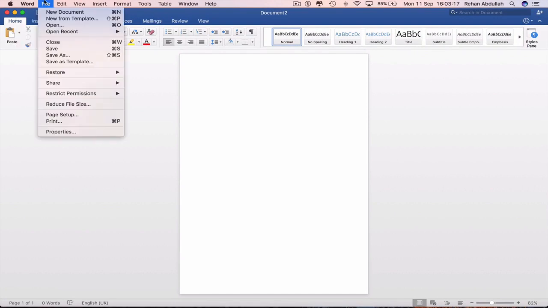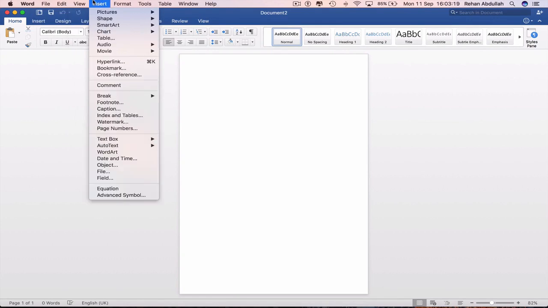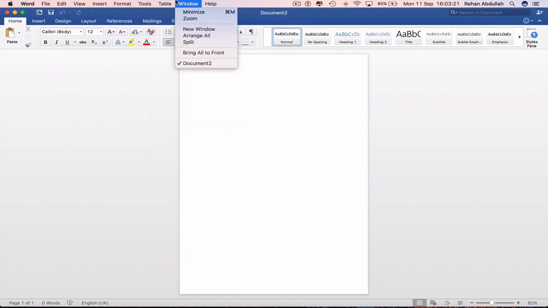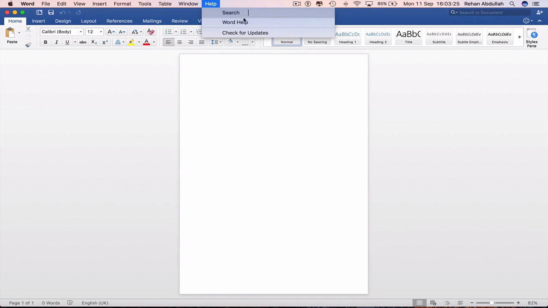So Word, File, Edit, View, Insert, Format, Tools, Table, Window, and Help. You can use the Help search bar in order to search for important things that you may not know where they are, or if it's the first time you might be doing it, if you might be trying to export into a PDF file, you might not know how to do that. So you can use search in order to help you circumvent the process. And so